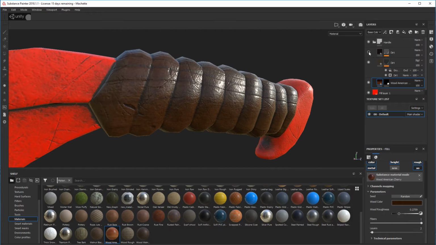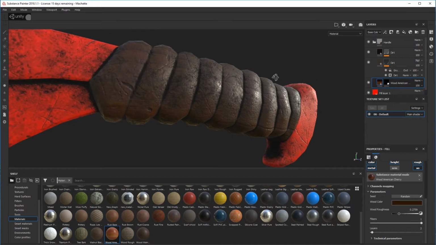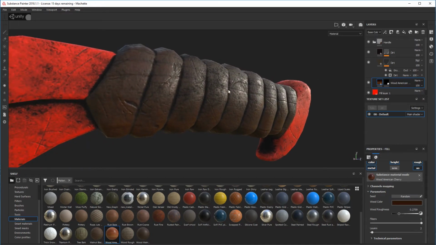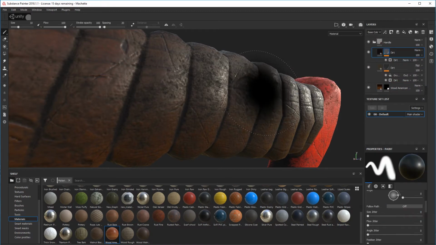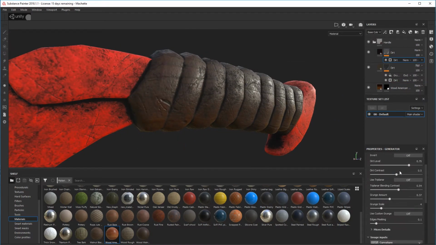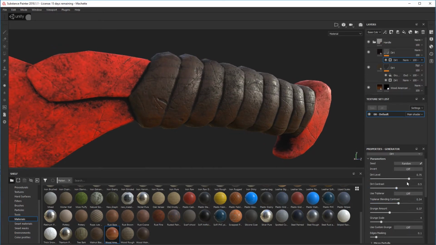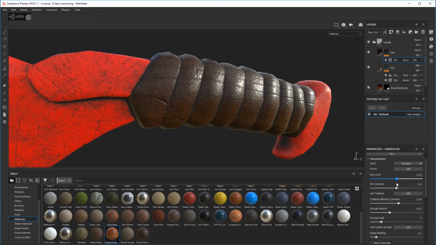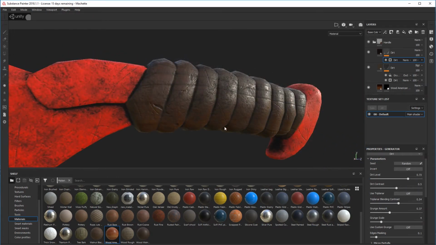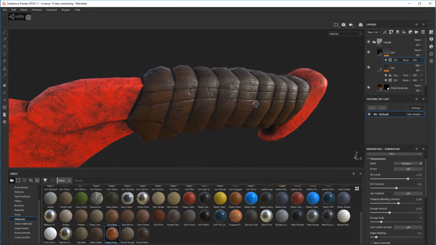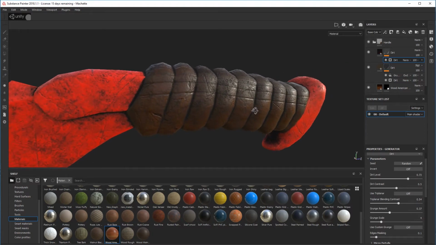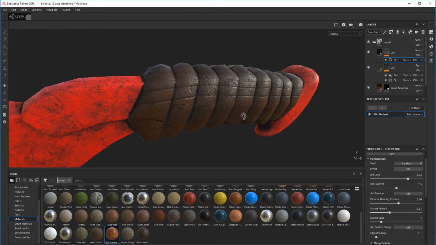So I added another dirt layer, pink on the top. That gave me this sort of pitted look. Inside this dirt layer, I added another generator, and I played with these values inside here, and you can see it works quite well. It's quite extreme. I can take it back if I want to, or pull it forward. It's entirely up to me, but I quite like it when it's up there somewhere. So I've still got my shine, but it's underneath all the dirt that I've added here. And that's cool, because I can control how much shine and dirt I want on